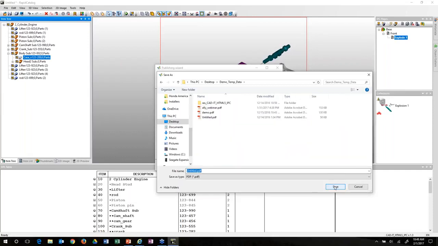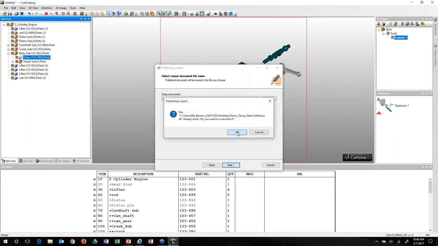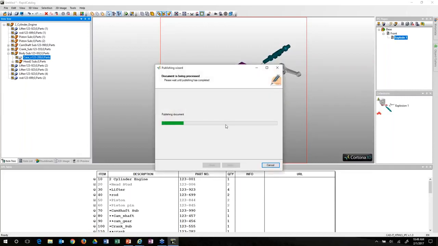Untitled is fine. Probably got one there. So save. Next. Okay to overwrite it. And so what this is going to do now, it's going to build me a PDF where it will take those 2D images that I saved and the parts list that you see down here